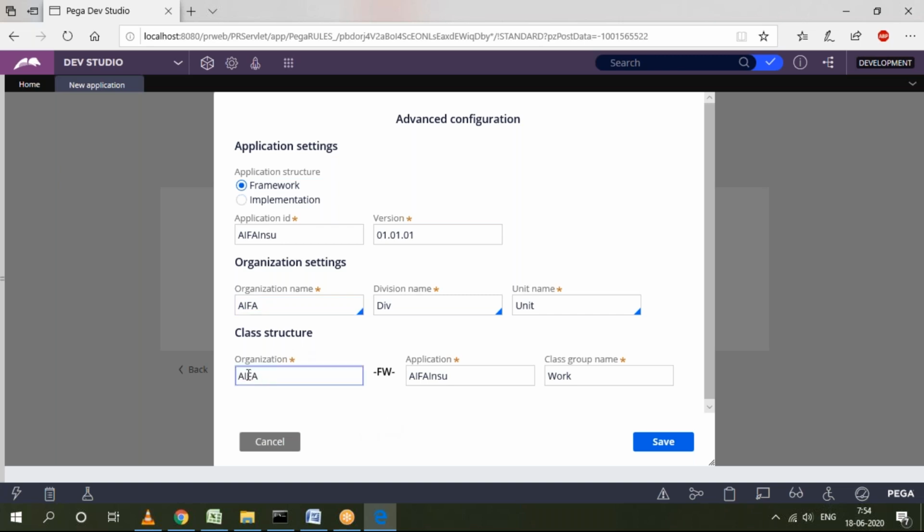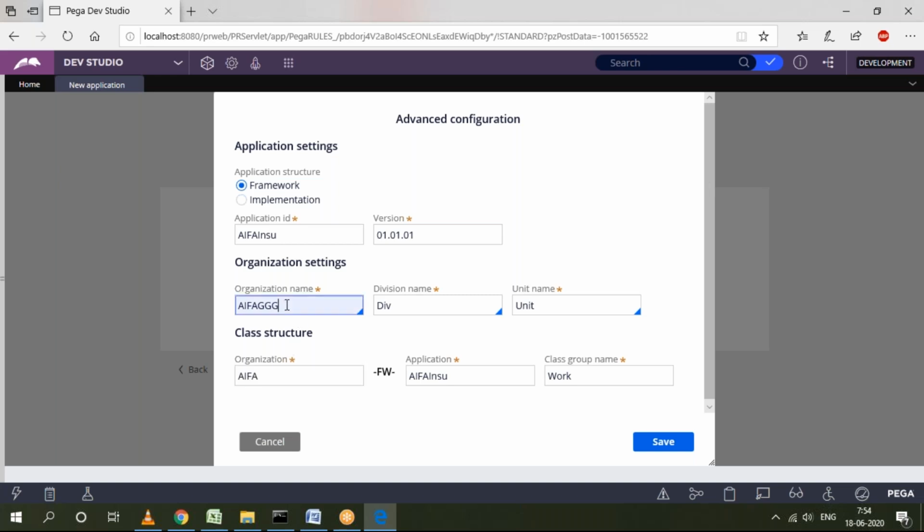and wherever organization name is required it will automatically take that name. So only once we'll define this organization name, and the organization name's maximum length is 4 characters only. Not more than 4. If you give more than 4, it will only take 4 characters in the organization name, it will truncate to 4 characters.